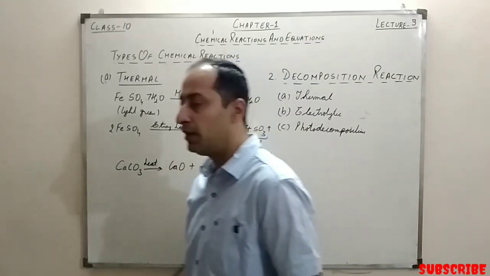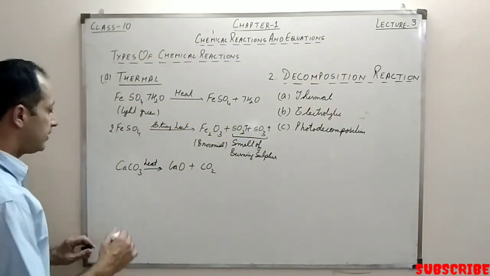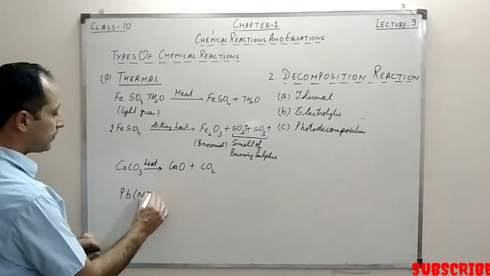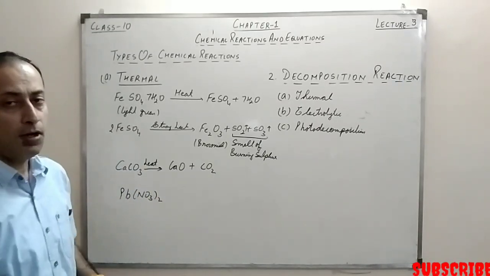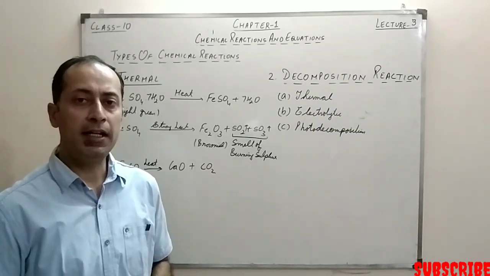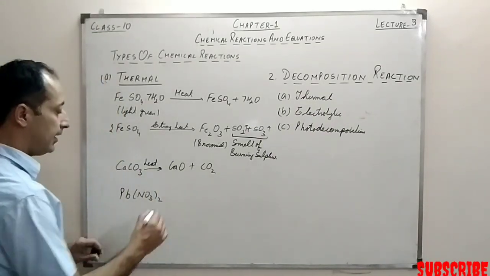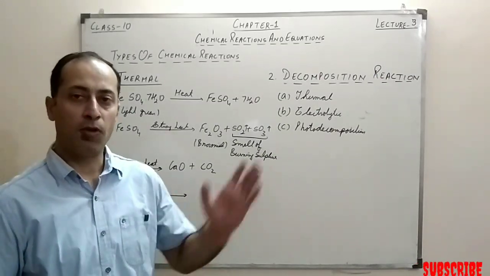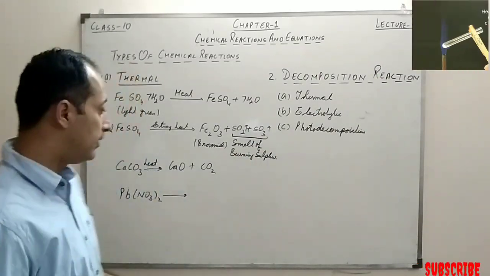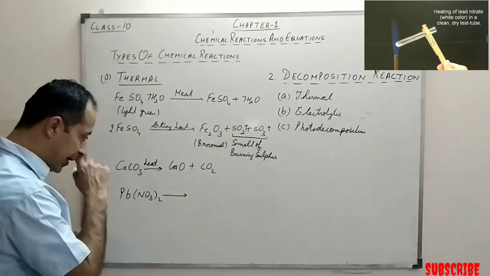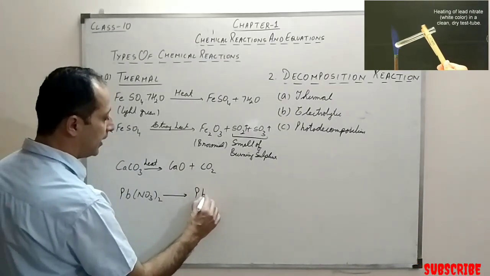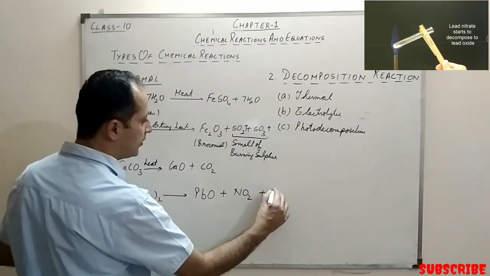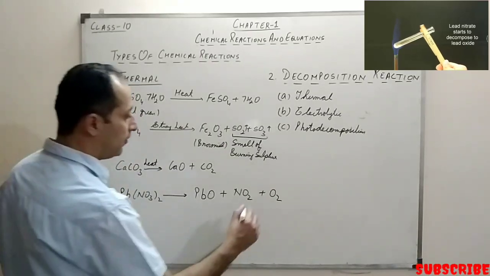Now we talk about the third thermal decomposition reaction, that is the decomposition of lead nitrate, that is Pb(NO3)2. Again, it's a salt of white color, right? If we heat it directly, what happens in that case? Again, you can see the experiment of this reaction on the small screen coming on the top of this. Now, when this breaks, it forms lead oxide plus nitrogen dioxide and oxygen gas. These are two gases which are formed.